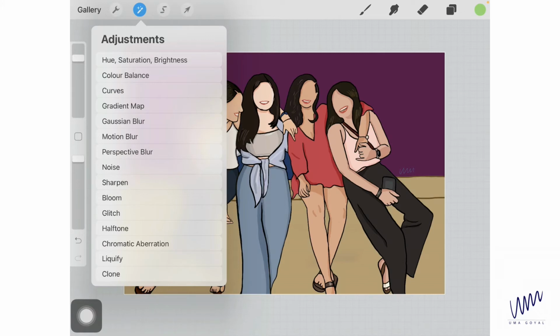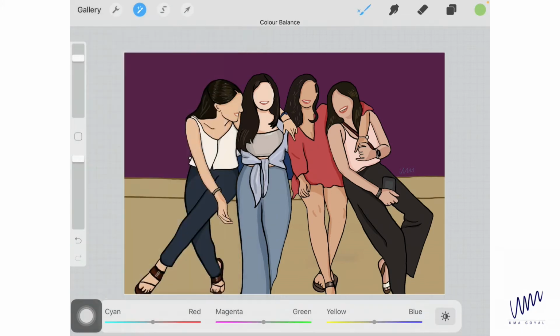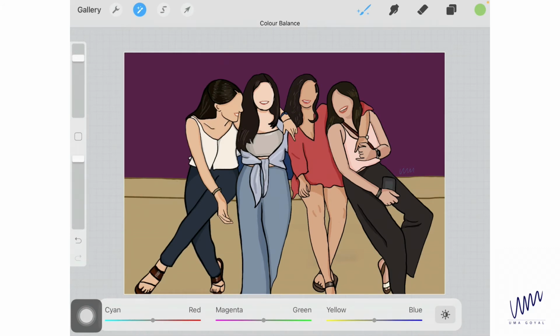But if I actually go in color balance pencil, what's going to happen is that firstly it's an Apple Pencil exclusive feature. So if you select pencil and try to use some other stylus or your finger to get that effect, it's not going to happen. You'll only see the magic if you are using an Apple Pencil.